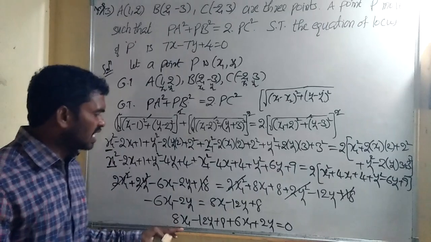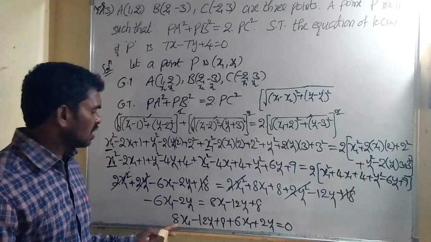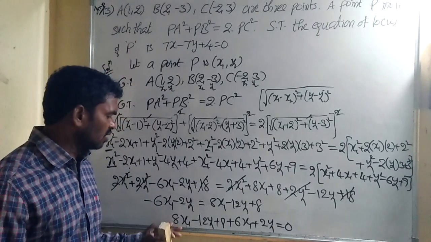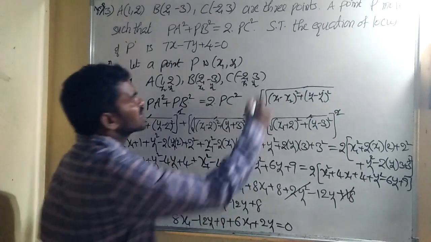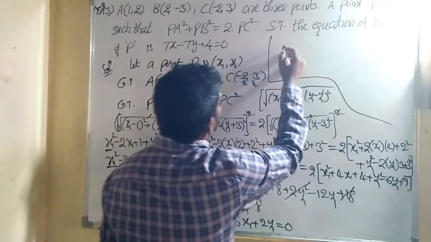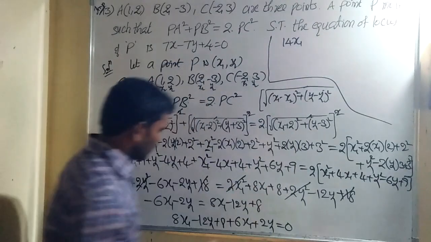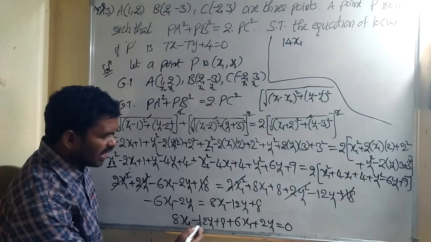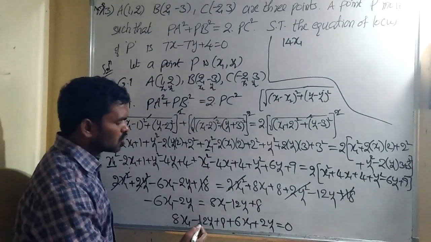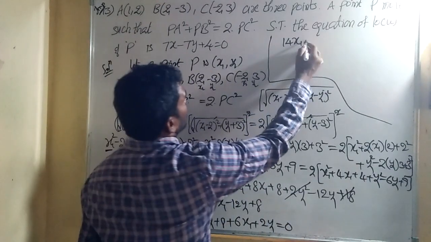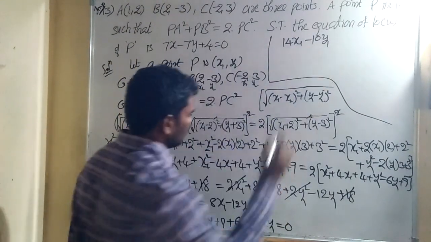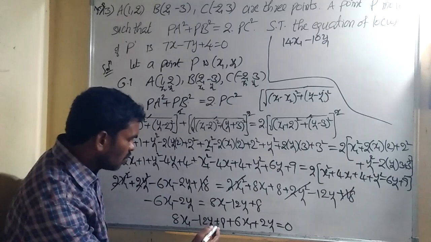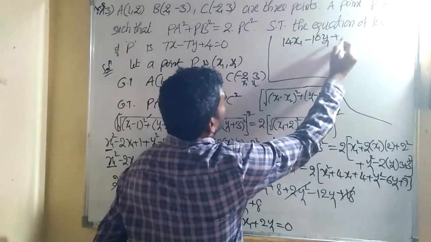So now plus 8x1 plus 6x1 is what? This plus, total add 8 plus 6, 14. So 14x1 we have. Next y1 terms, here minus 12y1, here plus 2y1. So minus 12 plus 2 means subtraction, so minus 10y1. And the number only 8 is there. Okay, plus 8 equal to 0.